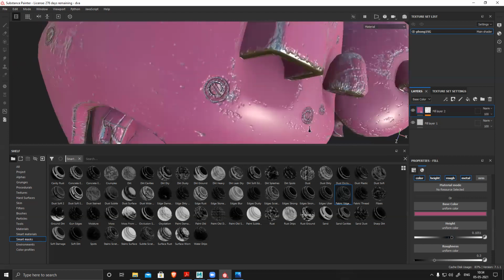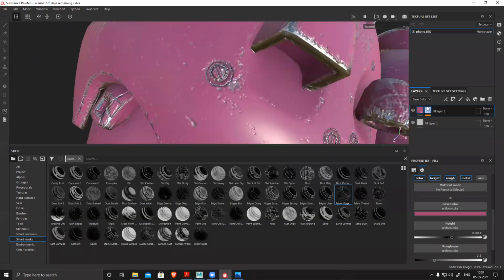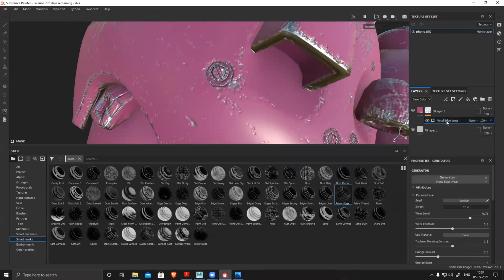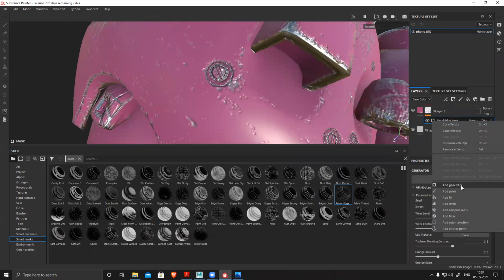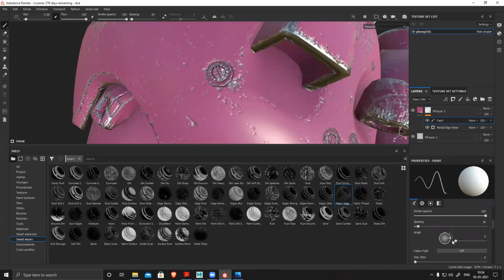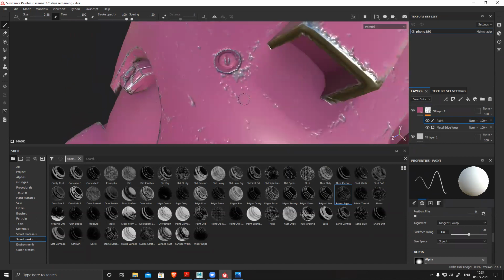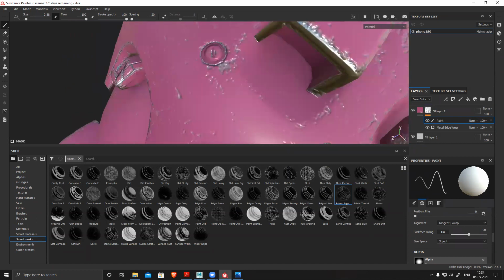And wherever you feel it's way too much, you see I feel this is way too much, what I can do is right click on this, add a paint, or I can add one more generator. And right now I'm painting white. White means it's exposed, so I'm exposing the base layer and removing those unwanted weathering.